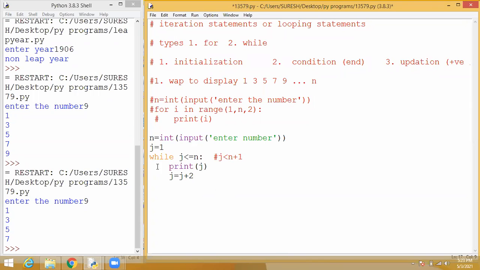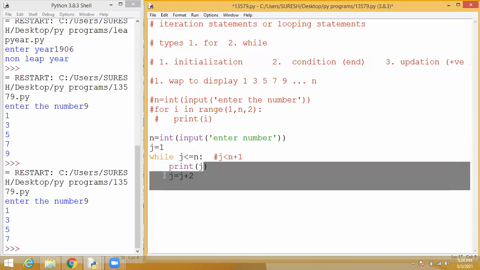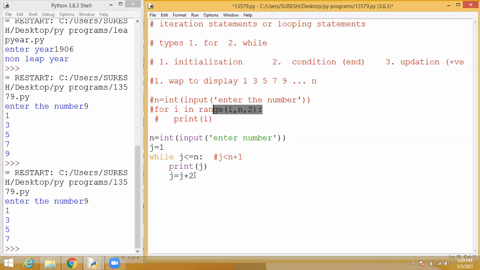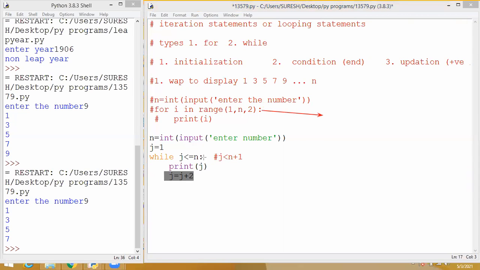Every loop it should increment by 2. That is the concept we used in the for loop. The same thing we give in the while loop like this. So this single step is now split into 3 steps. The first one is initialization, the second one is condition, then the third one is updation. Students, understood?